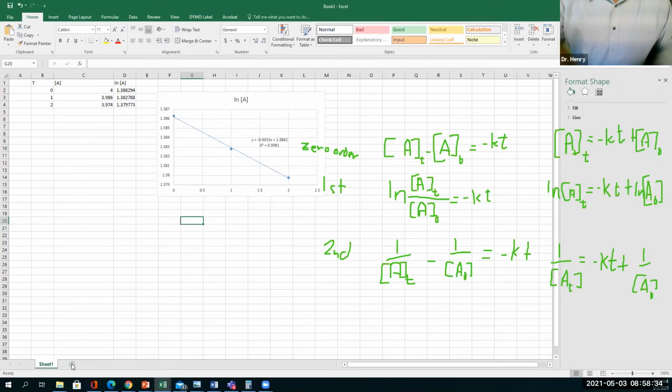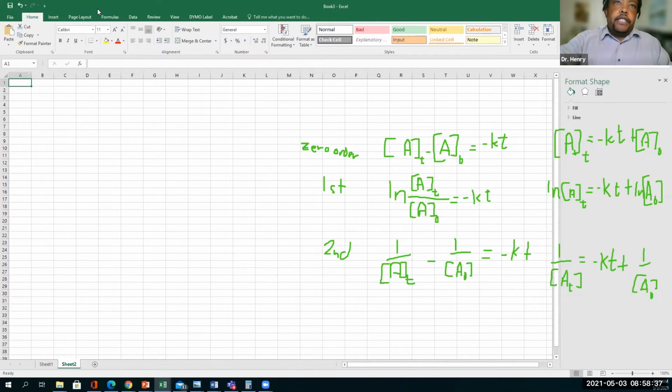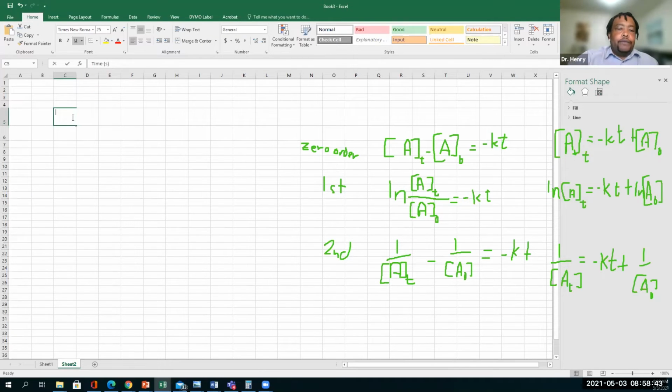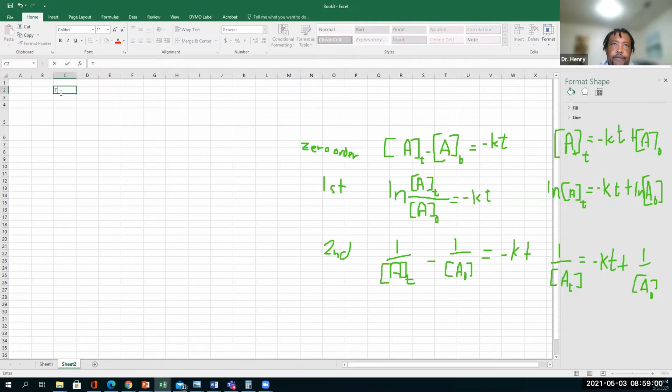Okay, another window. Can you guys see my Excel spreadsheet? Yeah. But it's not going to let me do what I want to do. Okay, so I'm going to have to enter it. I thought I was going to be able to cut and paste. So we're going to go time. It's going to be 0 seconds, 60, 120,